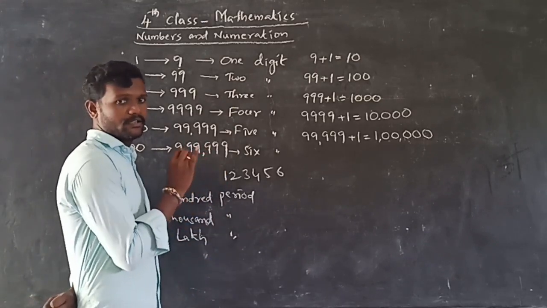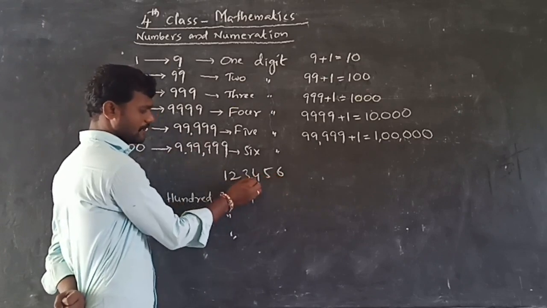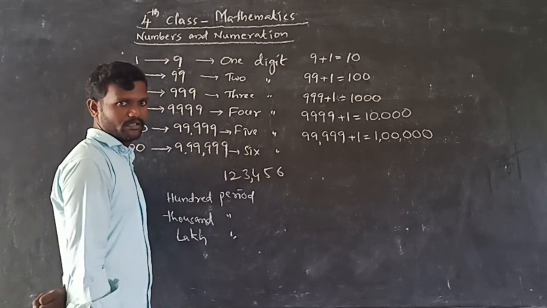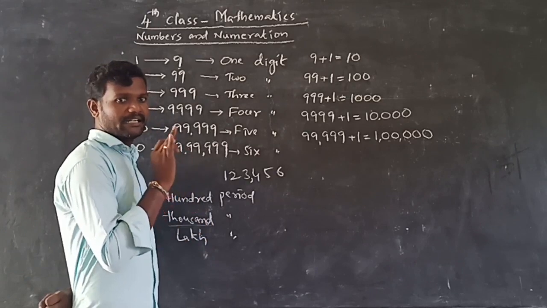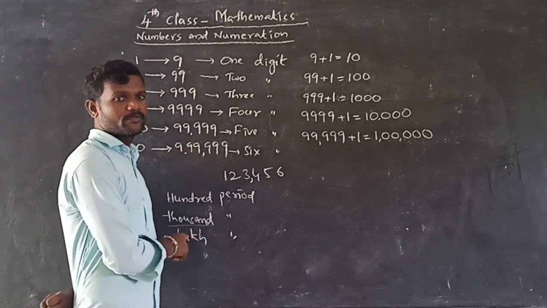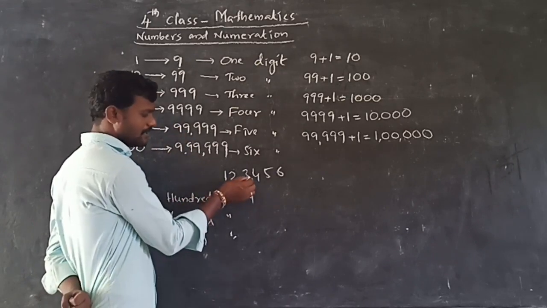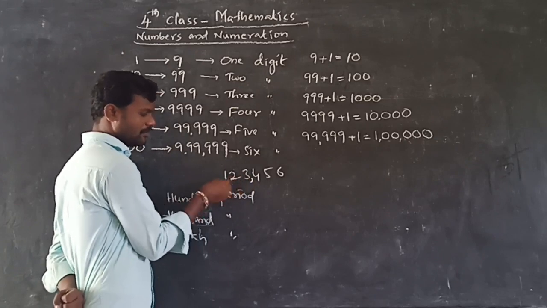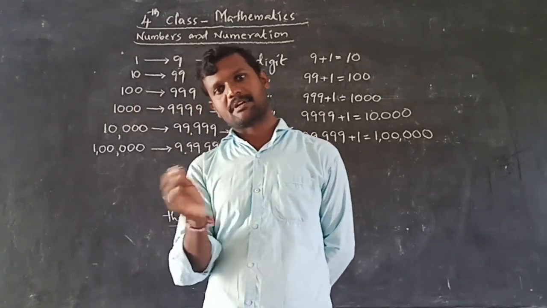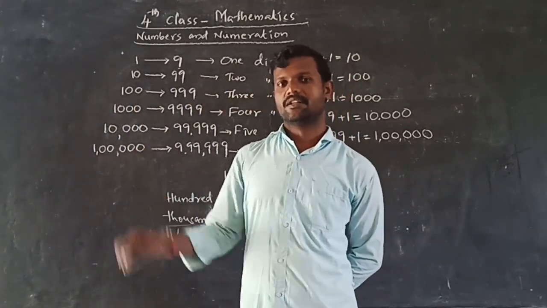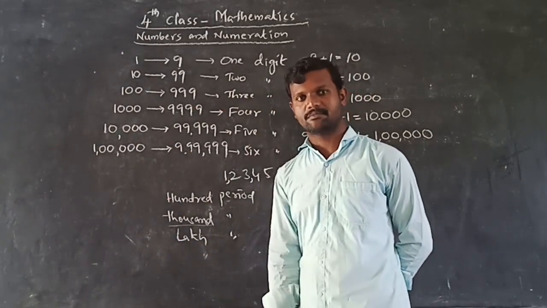The hundreds period consists of ones, tens, hundreds. So after the hundreds place, ones, tens, hundreds, write a comma. Next one, the thousands period. The thousands period means 1000 and 10,000 are both together in which period? Thousands period. So after the thousands period you write a comma. Means after 10,000s, this is thousands and this one is 10,000s, so write a comma. And the lakhs period means lakh and another number, 10 lakhs. Those are in the lakhs period. Then also you have to write a comma. For every period, to separate them you need to write commas between them.